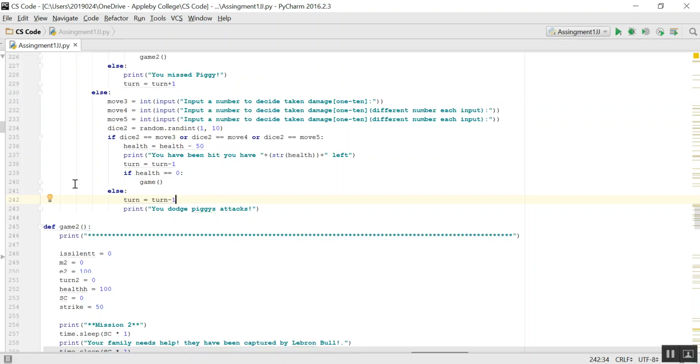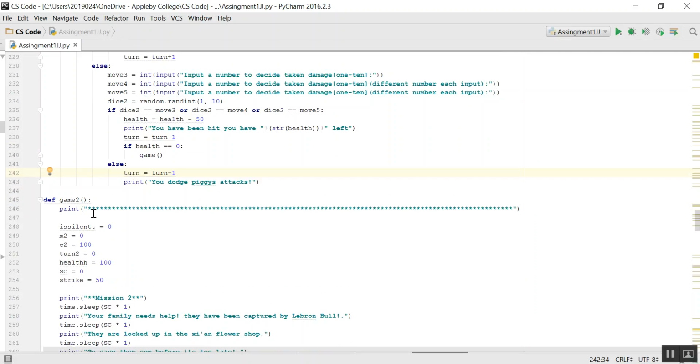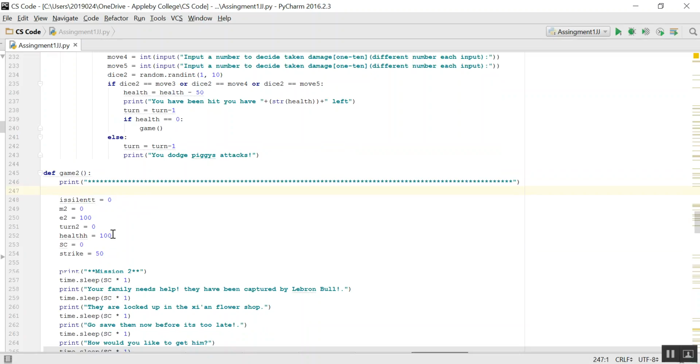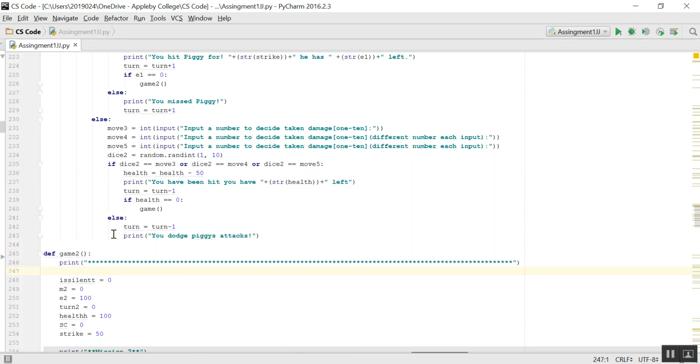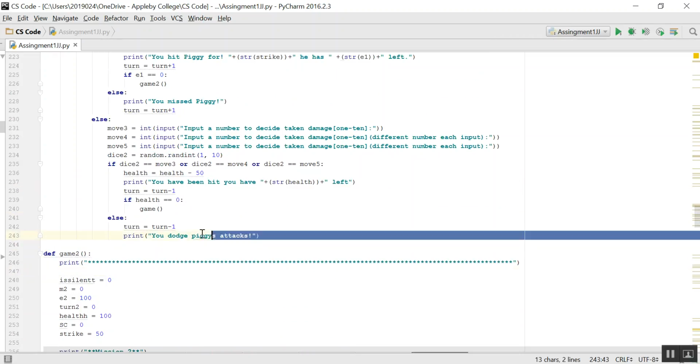Here we have a new mission to go on, and we have to list our variables at the top again because it's treating it like a whole new game. So just going up again,